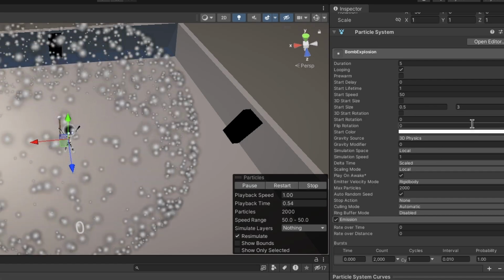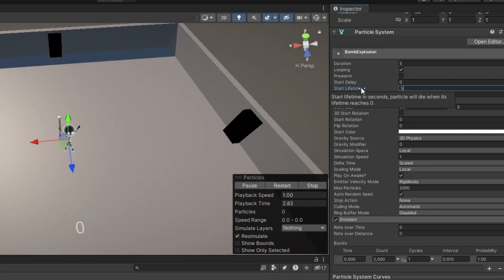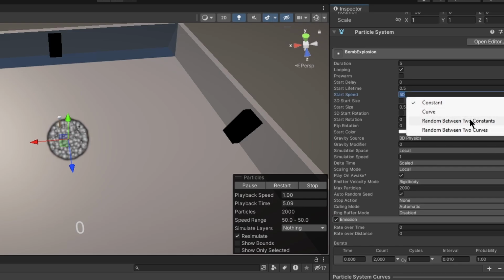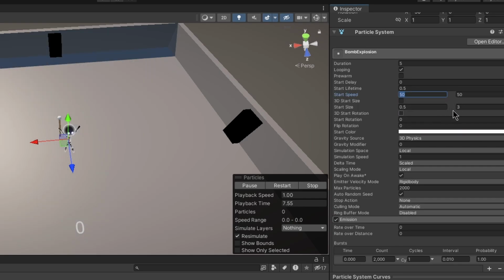So some of them are really bigger and then the lifetime should only be like 0.5 and the start speed needs to be a random between two constants, and I think 50 and 250 will be good. Okay, 250 is obviously way too much, so let's make it 50 because we obviously messed that up. And then we just want to put this to like 100 or something. Okay, let's make this 50, but then we'll do 25 here. Okay, and the lifetime can just go down just slightly to 4 to 2. Okay, we don't want our bomb to be that big. Let's just do 70 and